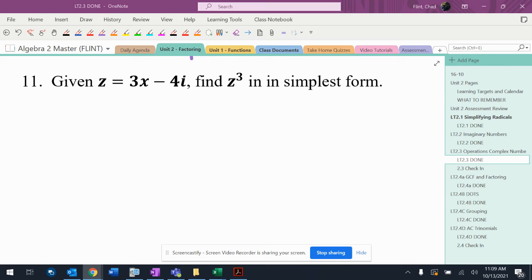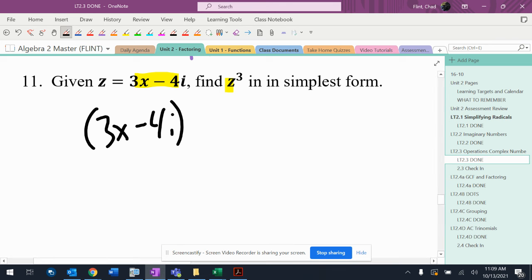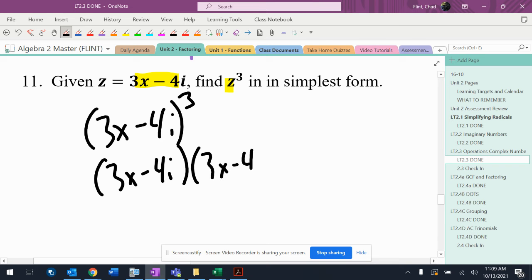All right, so now this one has the potential to be a problem, because I got a third power, and we always have trouble with this. So I'm going to replace the z with the algebra. So it's going to become 3x minus 4i to the third power. That literally means write it 3 times: 3x minus 4i, 3x minus 4i,